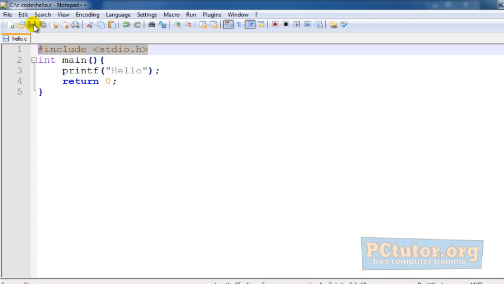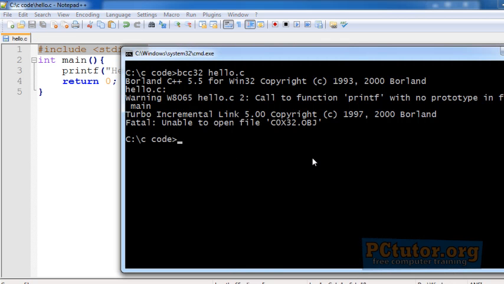So now we save the file and we go to the command prompt, and this time I can press the up arrow key to get the previous